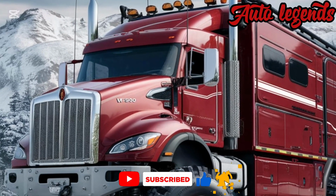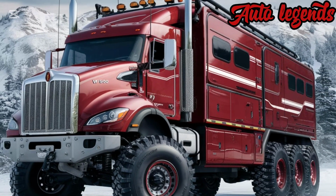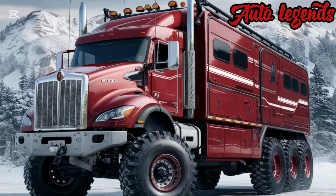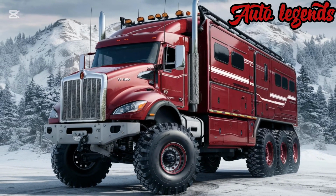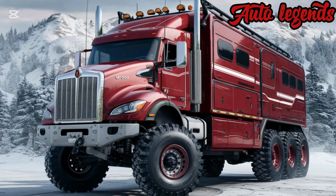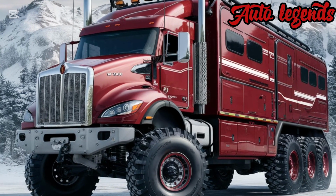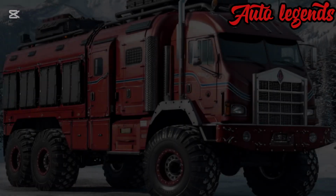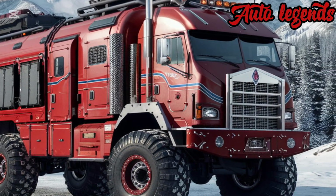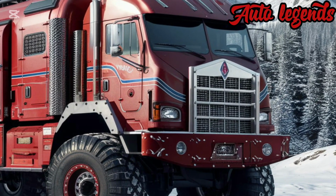The exterior of the 2025 Kenworth W900 Motorhome Truck retains the unmistakable classic look that has made the W900 a legend. Its long-nosed design, polished chrome grille, and bold LED headlights give it an imposing presence on the road. The extended chassis seamlessly integrates the motorhome components, ensuring functionality without compromising the truck's signature style. Built with high-strength aluminum and steel, the truck is as durable as it is eye-catching, capable of handling rugged terrains